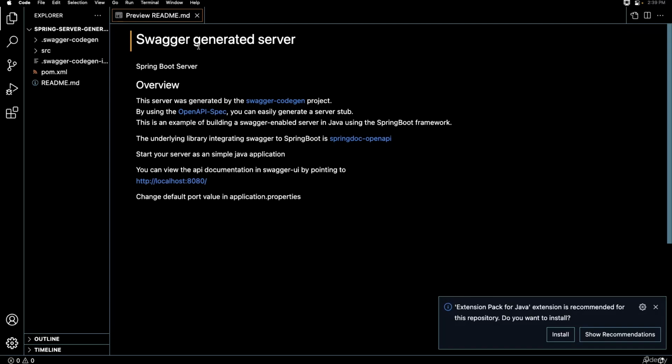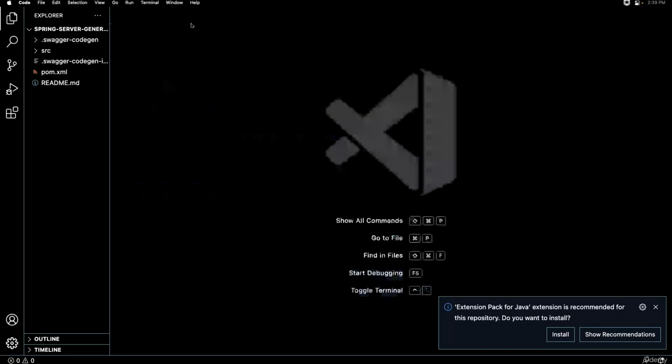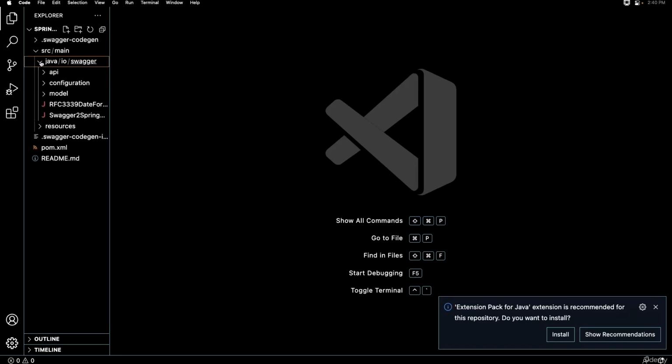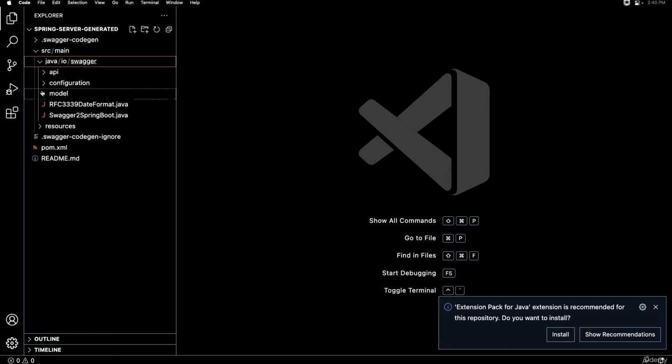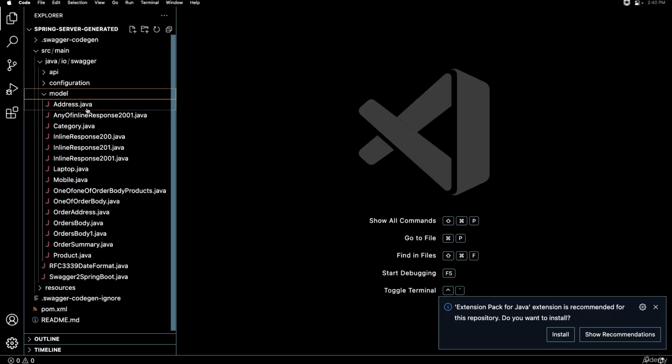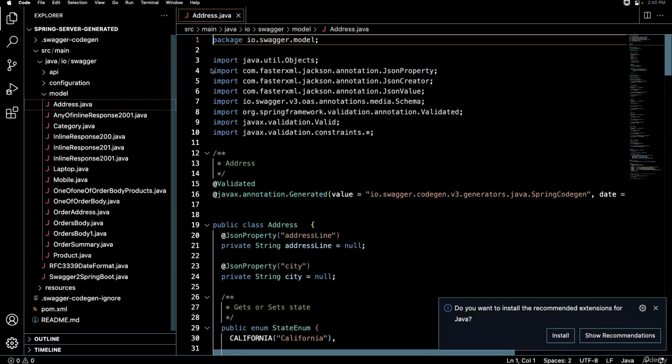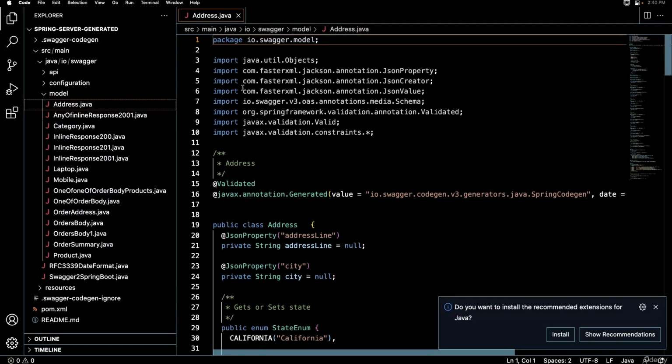You can easily get it. So this is a Spring Boot project. Now if you go and check the source folder under the Java, we have all the packages. First, if you check these model classes like address.java, which we have defined inside the component schema, you should be